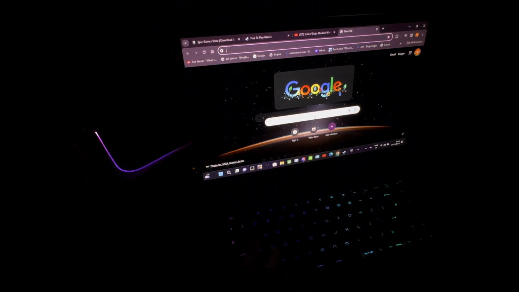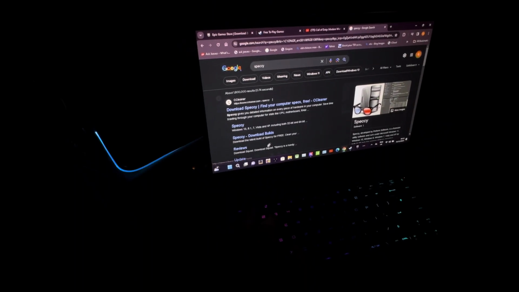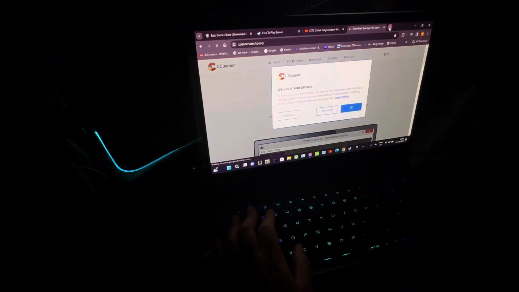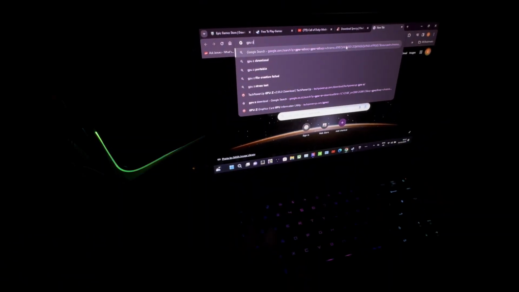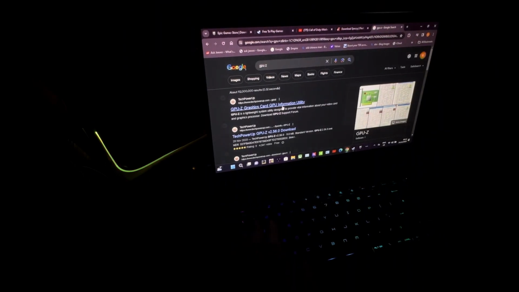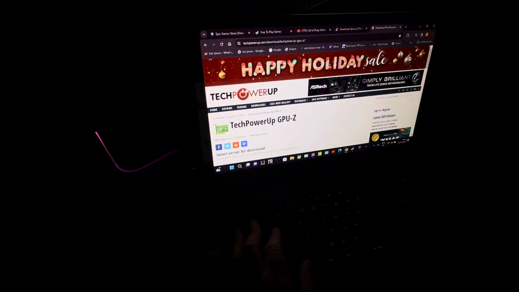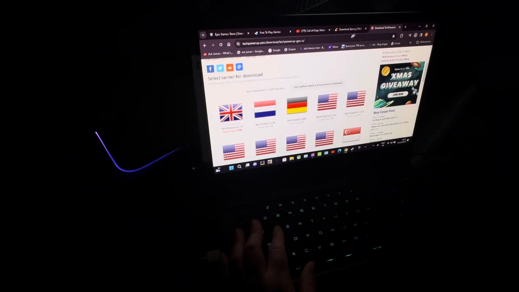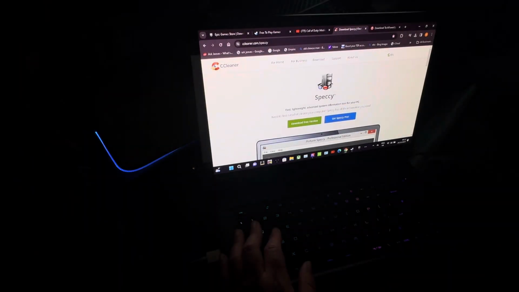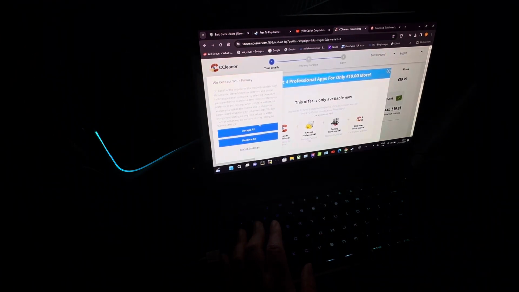All right. Hey, there's this program, Speccy, if you've never heard of it. And what this does, it will show, and then GPU-Z, that's the other one, that will actually show the kind of graphics card that I've got. I think this one's popular. Everyone knows about GPU-Z. And all this is going to do is just show me the graphics card that I've got. This Speccy one, why I like Speccy is because it's going to show,